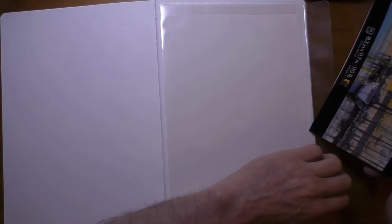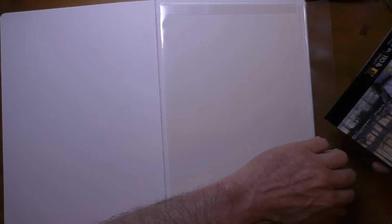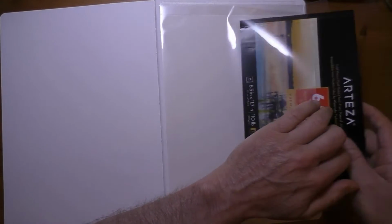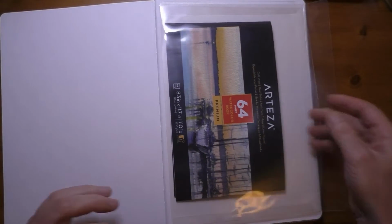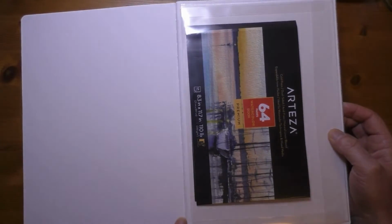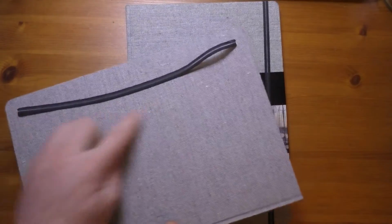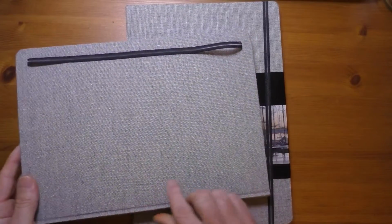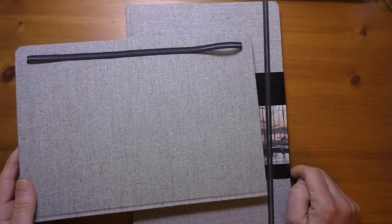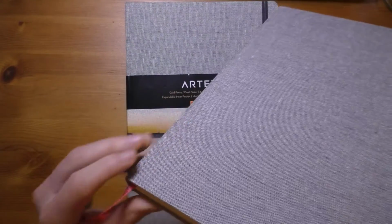and these journals come in 3 sizes. Like I say, this is the A4 size, and you can get an A5 size and an A6 size, but the A6 and the A5 don't open on the long edge there. They actually open on the shorter edge, so they're more like the kind of typical moleskin style travel journals. Okay, forgot to mention as well, a